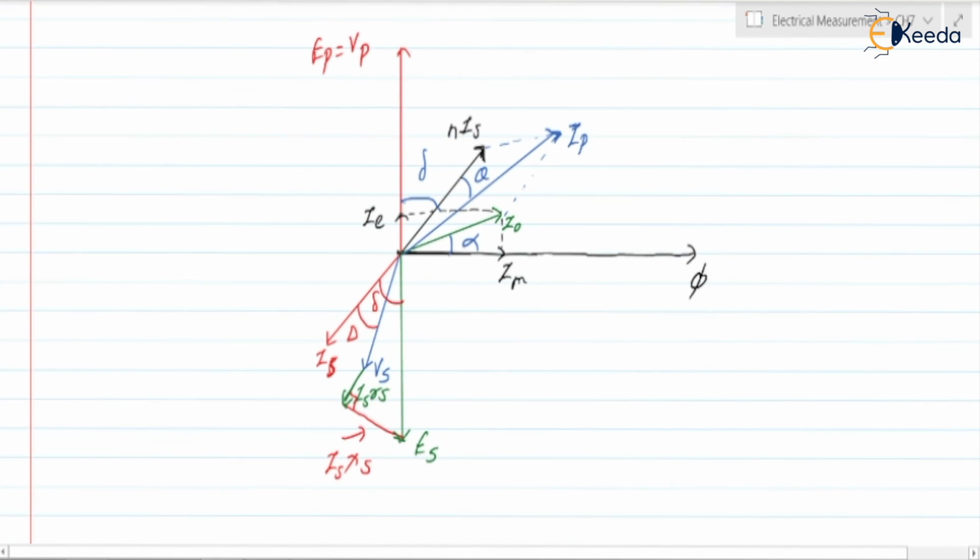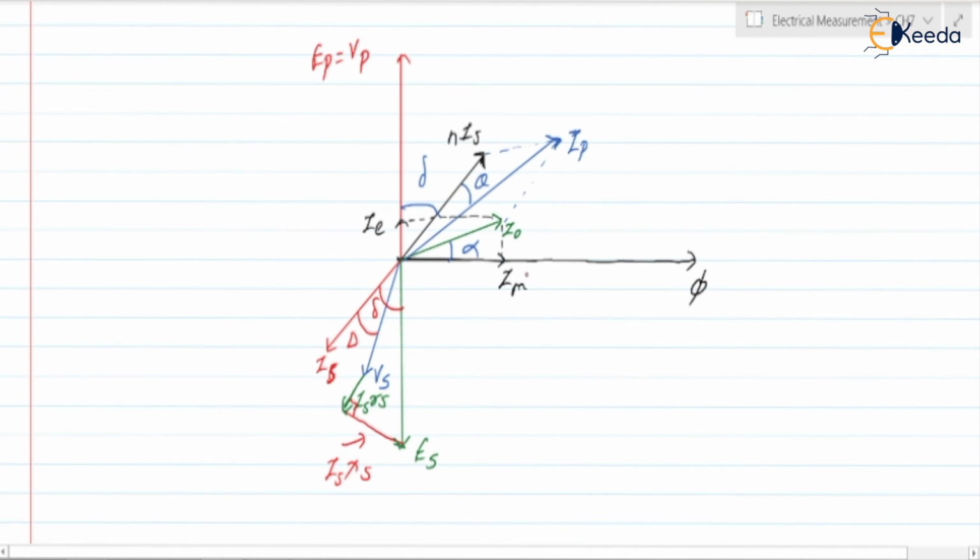Please try to understand the terms. Im is the magnetizing current, phi is the flux which is produced due to the magnetizing current. Next, the no load or exciting current is having two components. One is the Im, and the second one is the IE. IE is the quadrature component. It is a loss component and Im is a lossless component. Next, due to the flux phi, the EMF will be induced at the secondary side, so that will be ES. Vs will be lagging to ES by some angle.